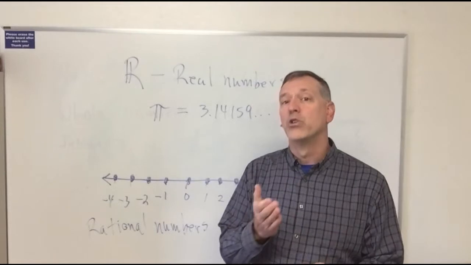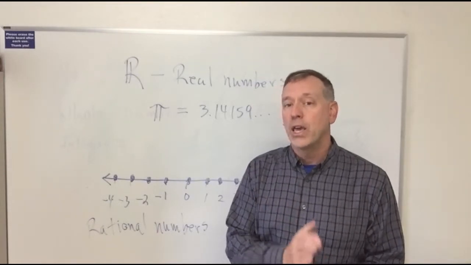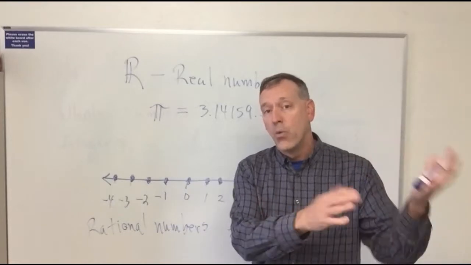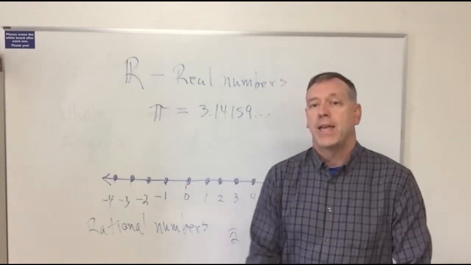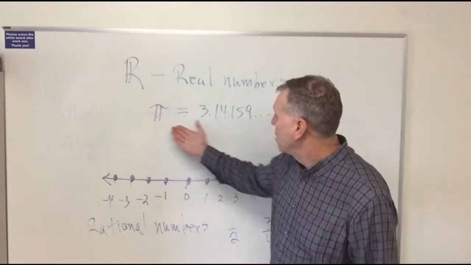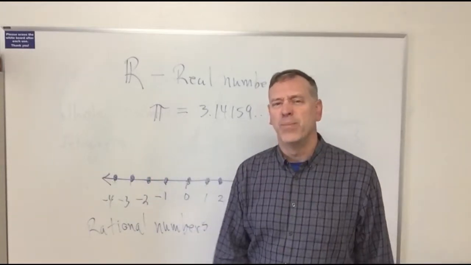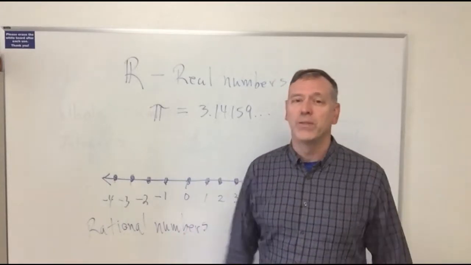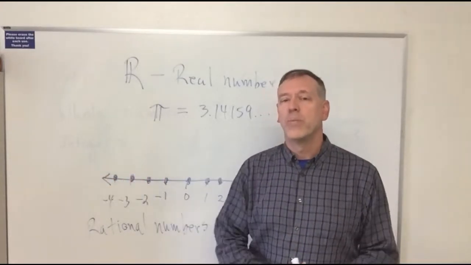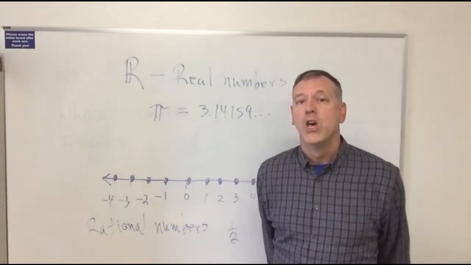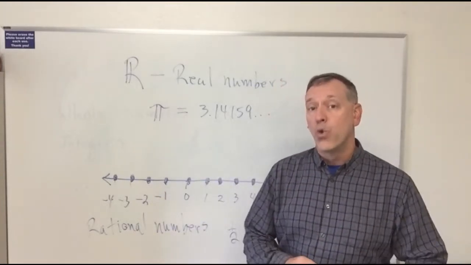But in addition to that, it includes all numbers that cannot be written as the ratio or fraction of one integer over another. And that includes numbers like pi. There's another number called e, 2.71, and so forth. These are numbers that are not represented by fractions. And so those are the major number sets within the world of